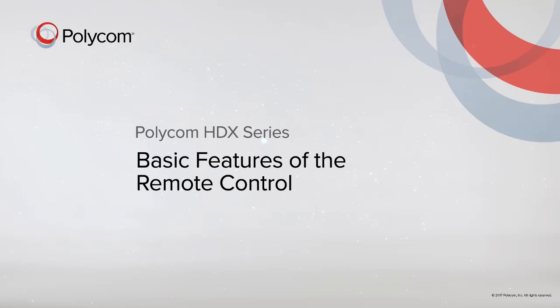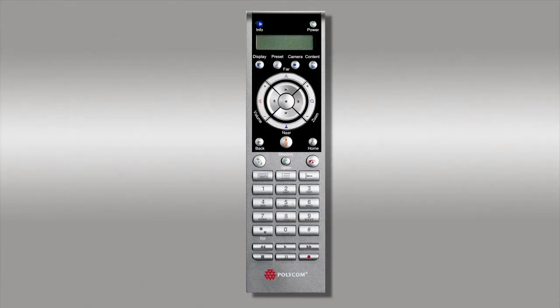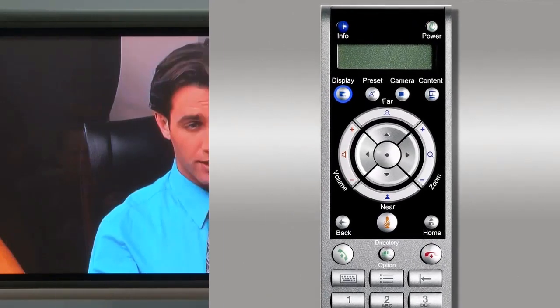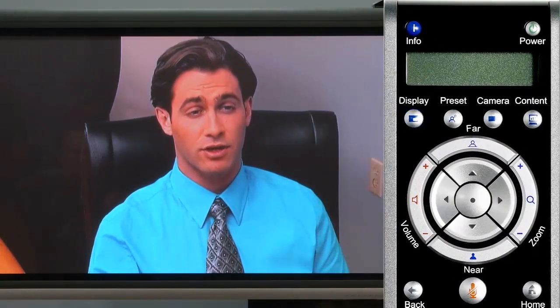This video will show you the basic features of the remote control. The top half of the remote is primarily used for actions during a call, while the bottom half is primarily used for making calls. Once in a call, the display button allows you to rotate through a variety of preset